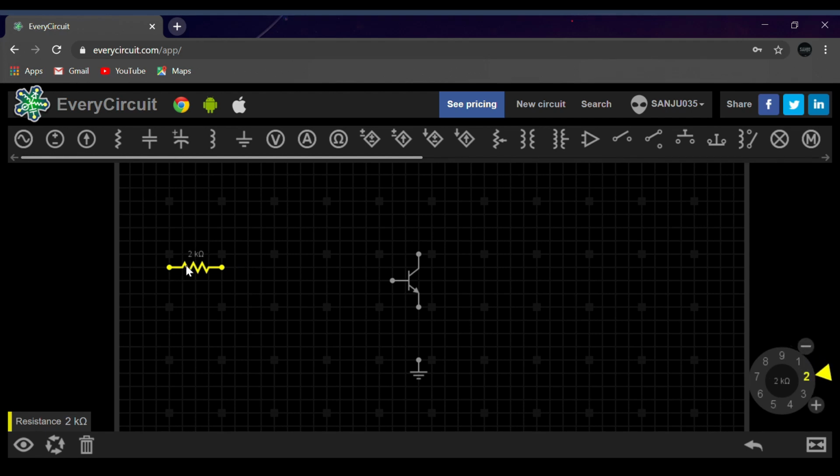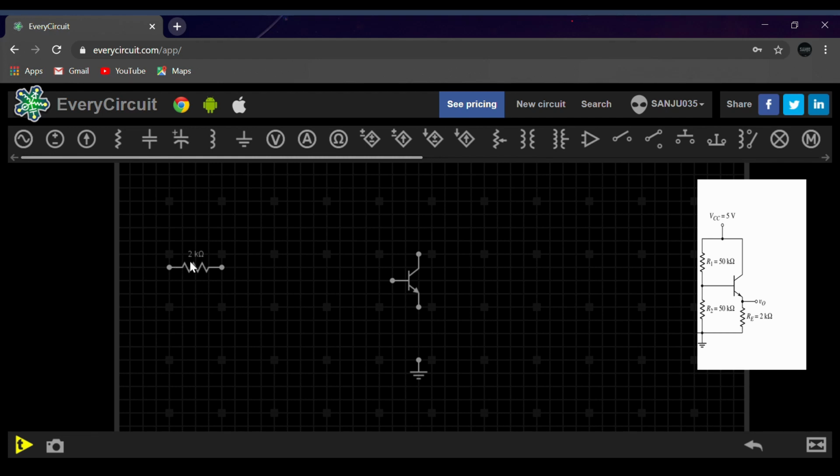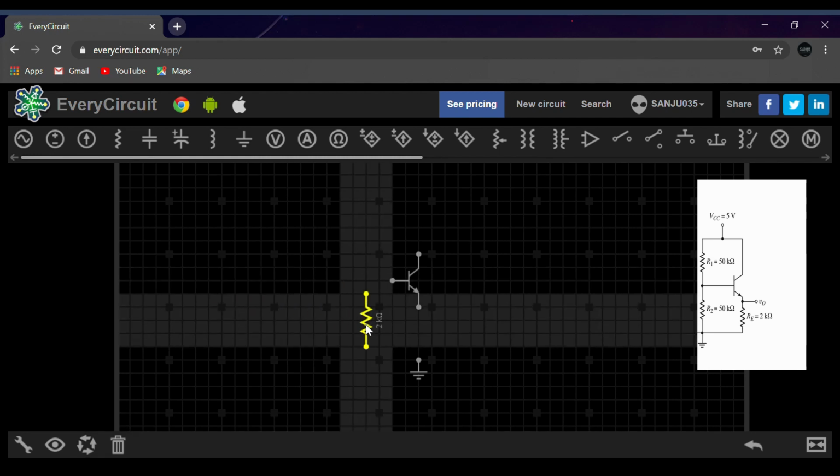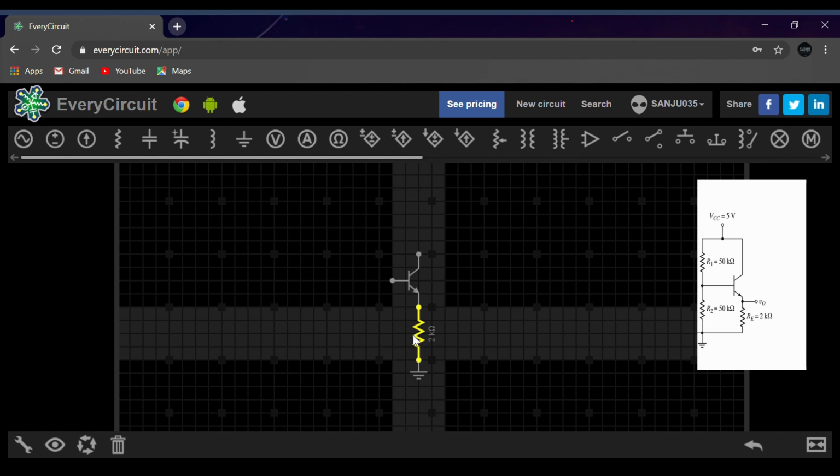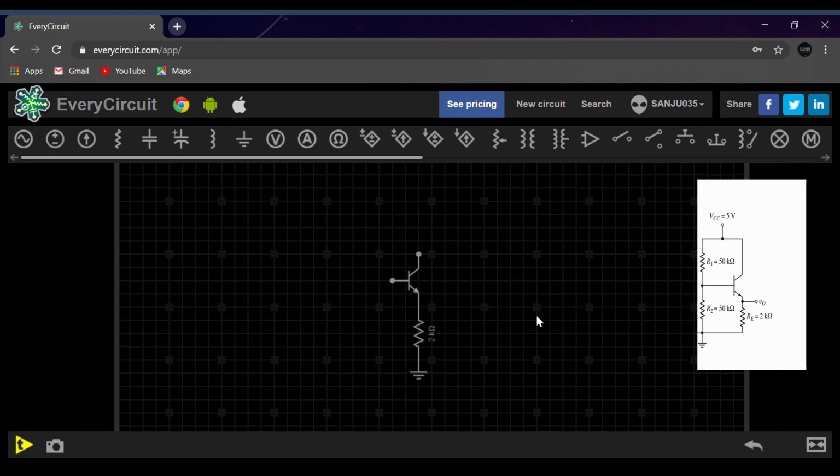and we got it. So how can we rotate this resistor? As you go down here, you will see a rotate option. So you can rotate the resistor, click and drag it and place it here. Next we need the R1 and R2 resistors.